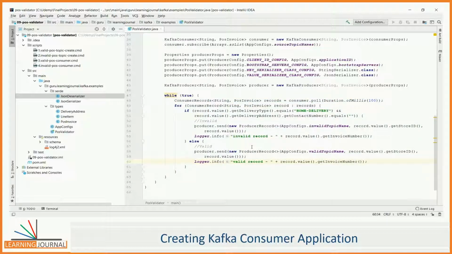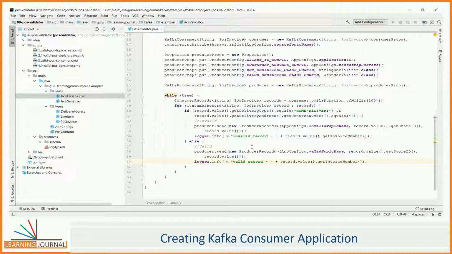This example is the most basic form of a stream processing application. However, it implements a consume, transform, produce pipeline. In this pipeline, we consume invoices, identify if they are valid or invalid, and produce the valid invoices to a Kafka topic and invalid ones to a different topic.